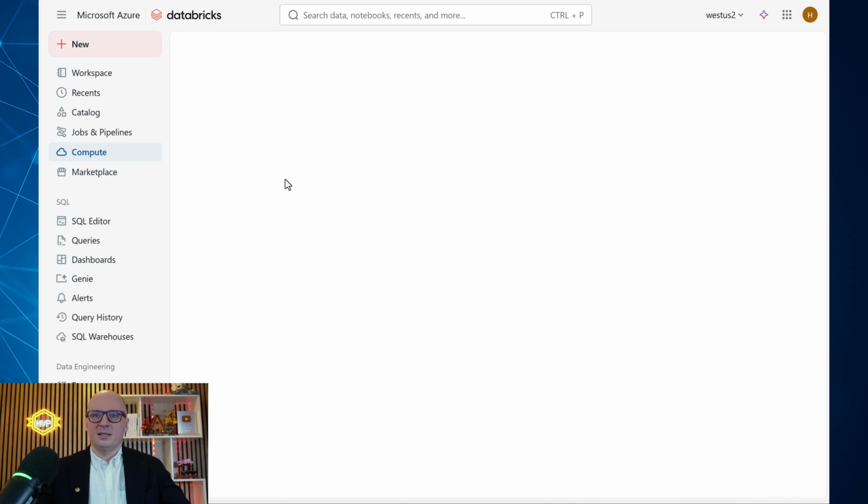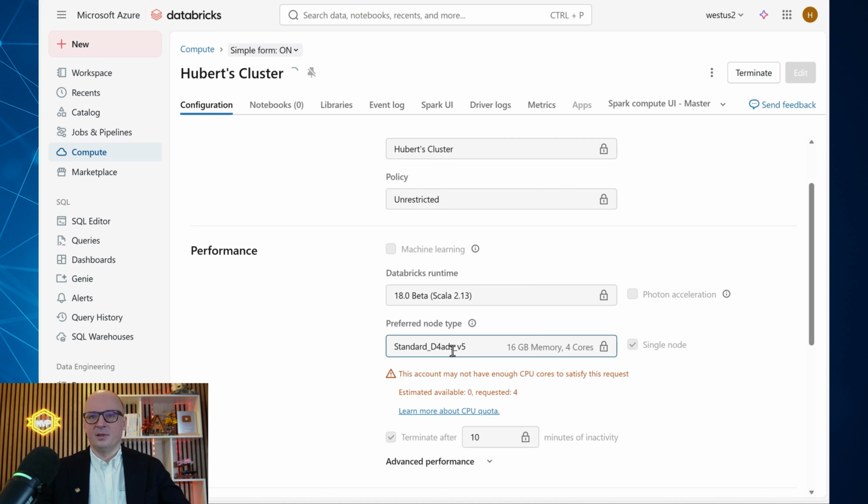And with that setting, if we are starting, for example, a node which is not possible to start, in that case there is just no quota, it's trying to find another